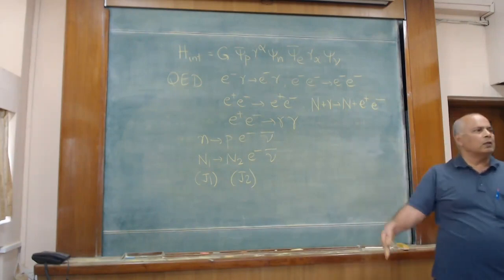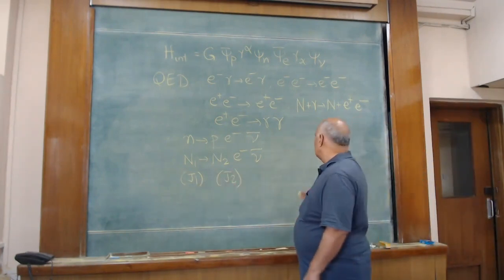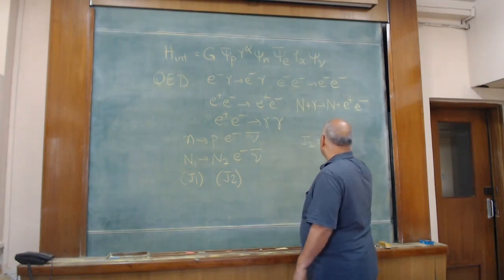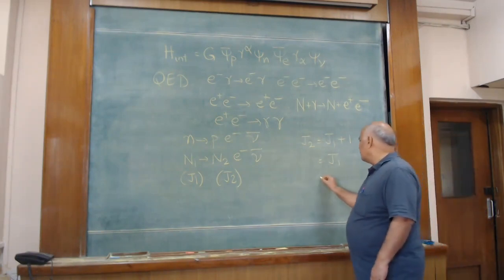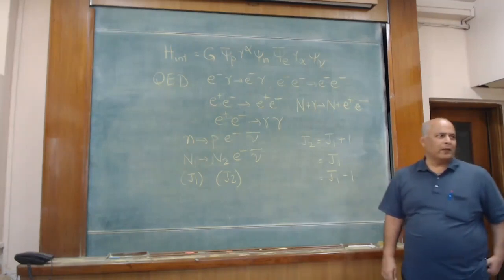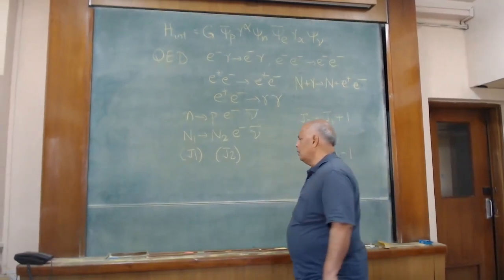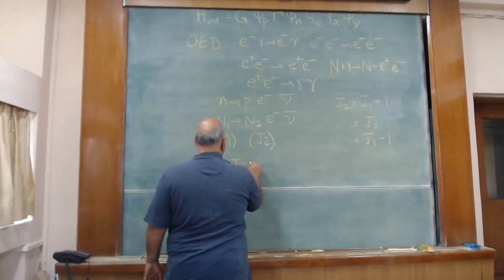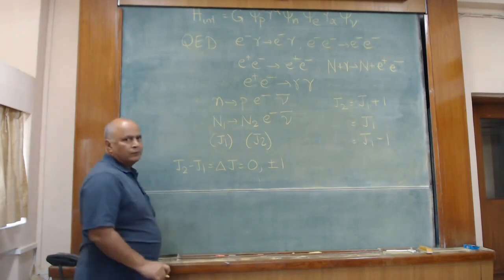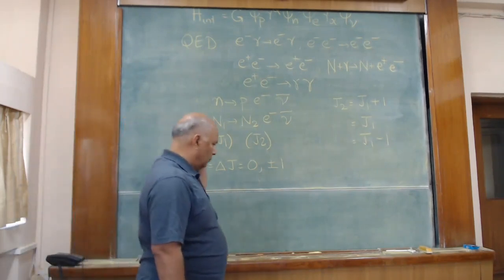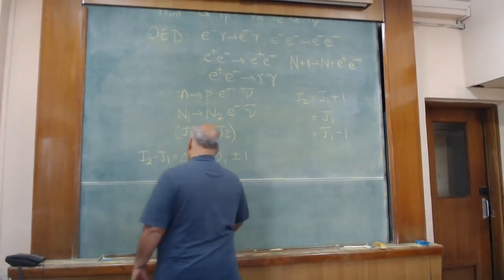And if you look at all the beta decays that were observed and looked at the values of J1 and J2, you find that there are cases where J2 is J1 plus 1. There are cases where J2 is equal to J1, and there are cases where J2 is equal to J1 minus 1. So, the statement made is that you can have delta J equal to 0. Delta J, of course, is... but it is quite easy to see that Fermi theory, or what we call Fermi Hamiltonian,